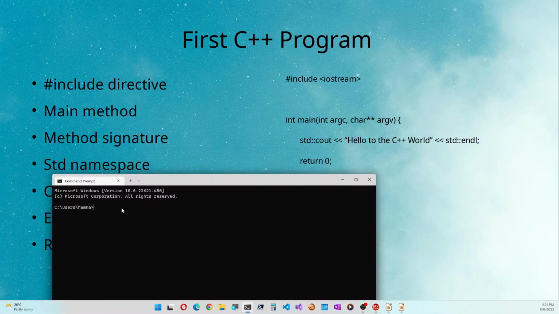So if you want something to appear here, like for example, this message, Microsoft Windows version, whatever, we need to have this command as cout. Cout is included in the std namespace. So namespace followed by colon colon, that is the colon symbol 2 times, and then we can give it the command that we want to show on the screen.